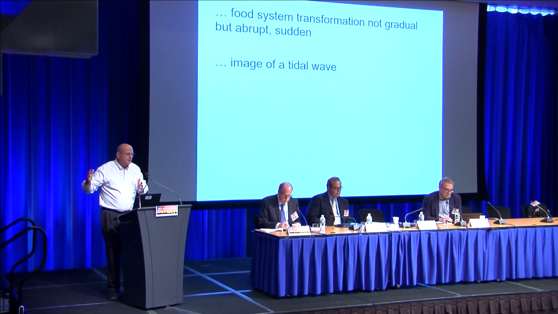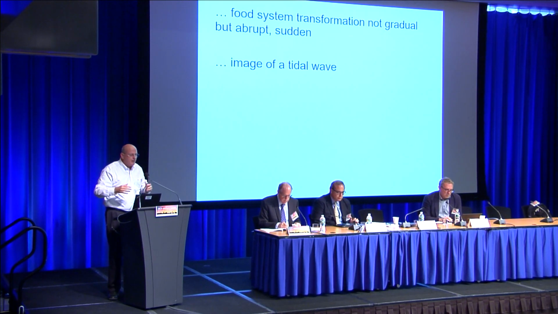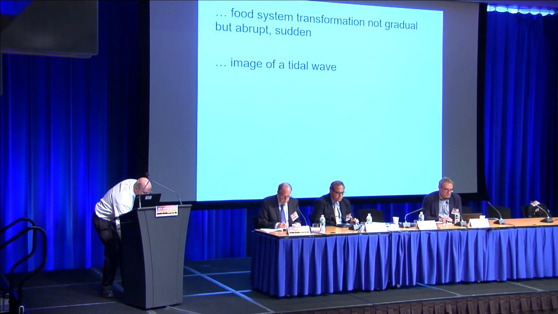A tidal wave for maybe 1,000 miles in the ocean is only 6 inches tall. It's just a ripple across the surface. And then as it comes near the continental shelf, it surges up and becomes a giant change. And that's exactly what's happened in developing countries with the food system, where for thousands of years, the food systems in those countries, as well as what are currently the developed countries, were traditional systems. And then really over the 1980s, 1990s, 2000s, there was a rapid transformation that has this image of a tidal wave.